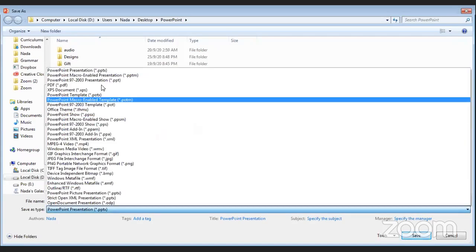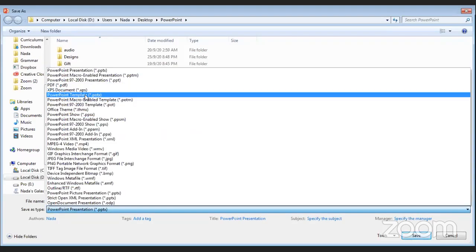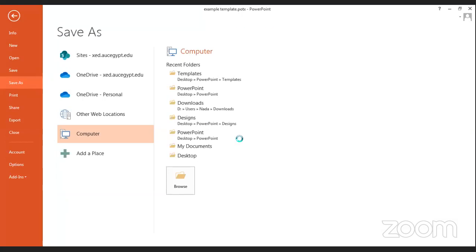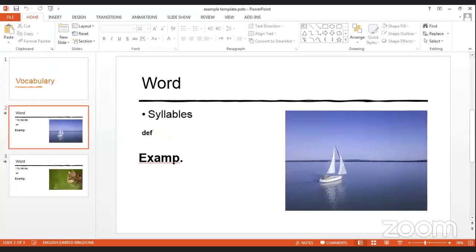What's the difference here? So here I add it as a PowerPoint template, POTX, PowerPoint template. And we can name it example 10. What's the difference between a template and an ordinary presentation is that when I open the template,